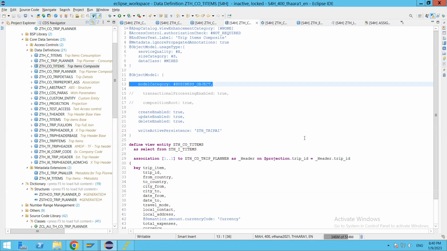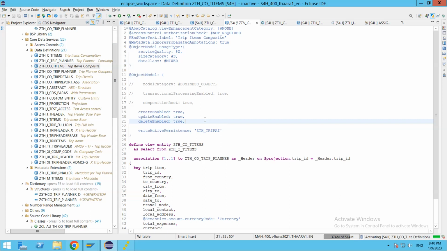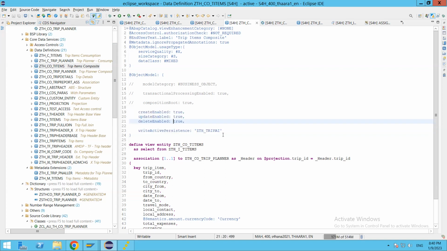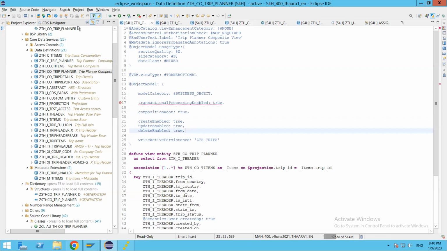And let us remove this one as well, activate it. So the child just needs to tell whether what are the capabilities it is enabled with, the right active persistence, and at the same time the draft capabilities as well. In terms of draft, it has to tell us whether